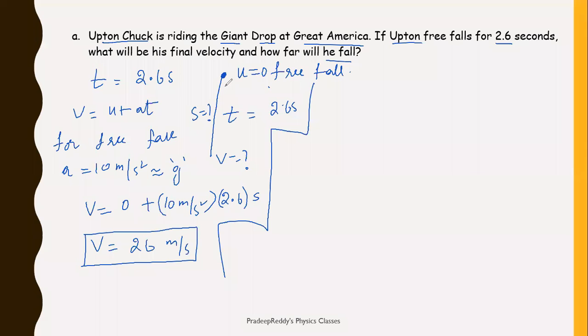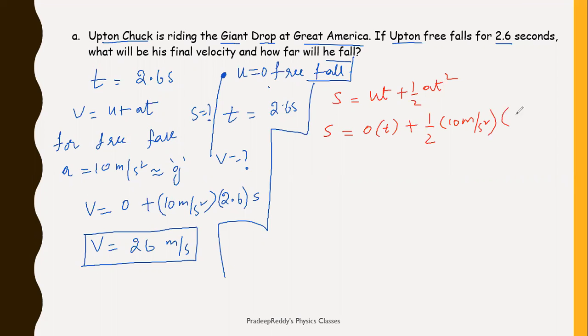Now you should find out for what distance it is falling down. In order to find that, you use the formula S is equal to UT plus half AT square. Now S is equal to, what is initial velocity? 0. Time taken is T, and T into 0 is 0, plus half. Acceleration you can take as 10 meter per second square because A is however G.